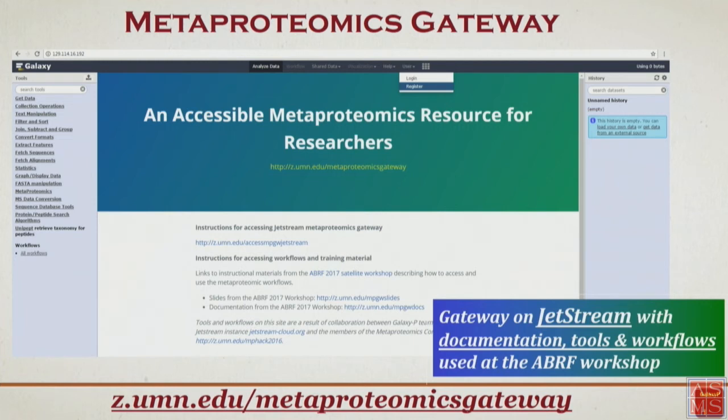Those who are interested in seeking this out, please go to the Jetstream website, and you should be able to get an idea about how you can access not only this instance, but also any other instances that you might need for your research. So as I said, there's documentation, tools, and workflows available. You can go to the website shown below if you want to test these workflows.